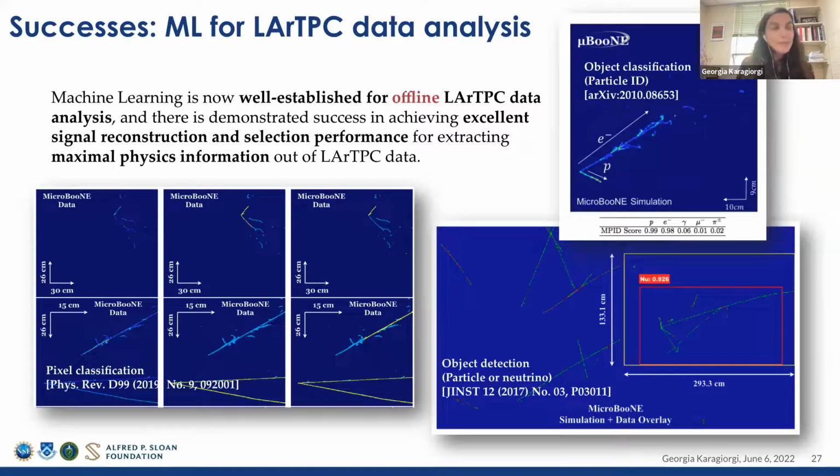Okay, so in particular, liquid argon TPCs have seen huge successes in employing machine learning and AI for data analysis, but in particular for offline data analysis. What do I mean by that? It means that the data that contains the interesting interactions is already pre-recorded, and then we have the luxury of time and lots of computing resources to be able to analyze and reanalyze and examine and re-examine our data, and then apply these very computationally intensive machine learning algorithms on our data.